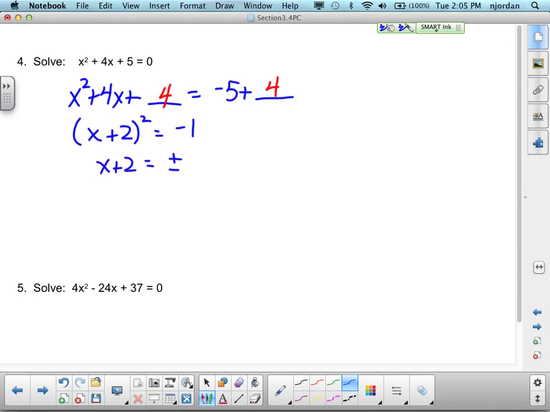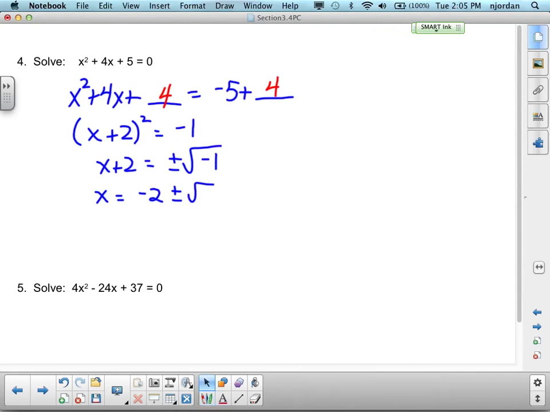Okay, now we're going to square root both sides. And now I don't want to leave it as the square root of -1. I can rewrite it as i. Moving the 2 over as well, I get my final solution, which is x equals -2 plus or minus i. Okay, so this one has two